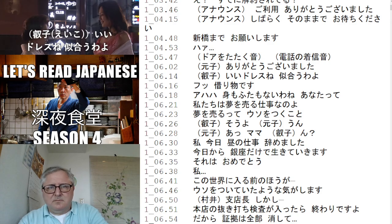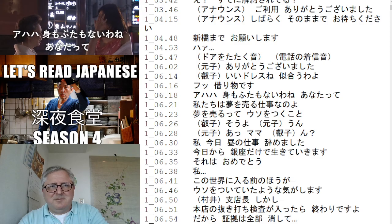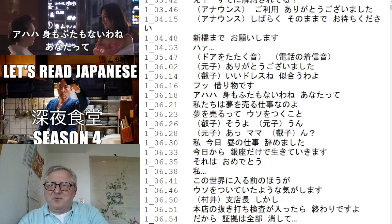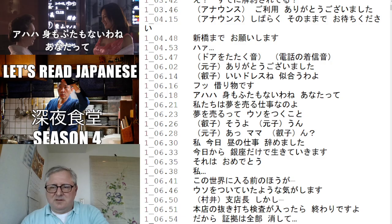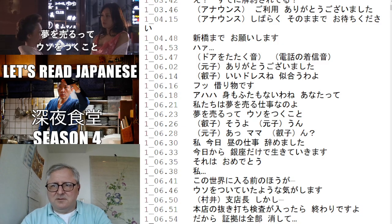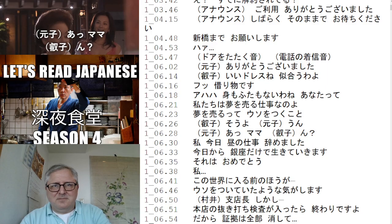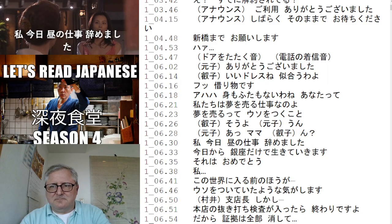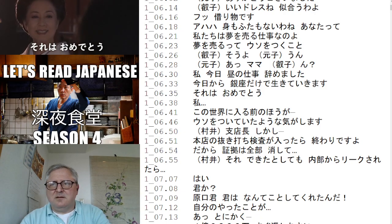いい度ですね。似合うわよ。借り物です。身も蓋もないわね、あなたって。私たちは夢を売る仕事なのよ。夢を売るって嘘をつくこと。She doesn't strike me as a good actress, but そうよ。ママ、私今日昼の仕事辞めました。今日から銀座だけで生きていきます。それはおめでとう。